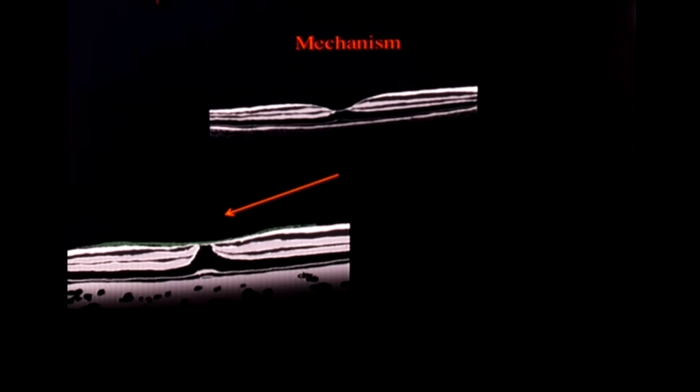So the mechanism which I thought of, maybe true, maybe not true, is that there are 2 types of patients with ERM. In the first type of patient, the adherence between the neurosensory retina and the RPE is less strong than in other cases. And here, the tractional forces of the ERM cause a vertical lift or vertical force vector at the fovea, and that causes the stretching of the cones and the detachment.